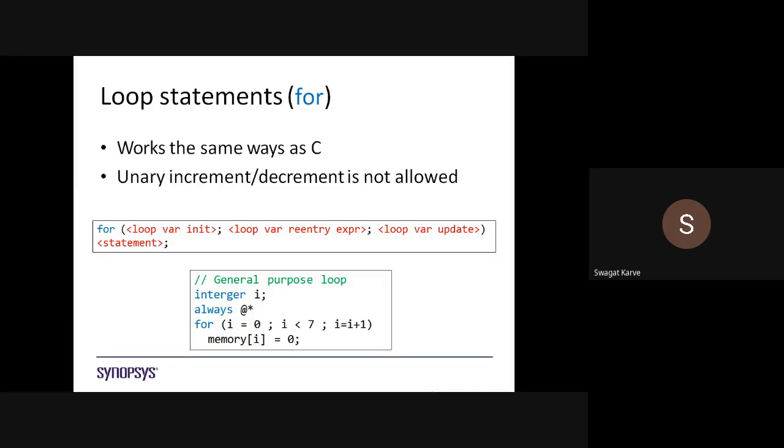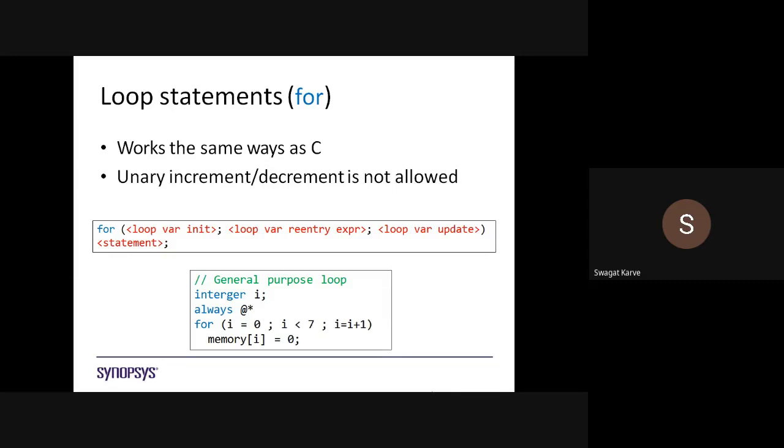After the for loop you have the bunch of statements, whatever expressions or statements you want to write under that for loop. Then next we can see the example.